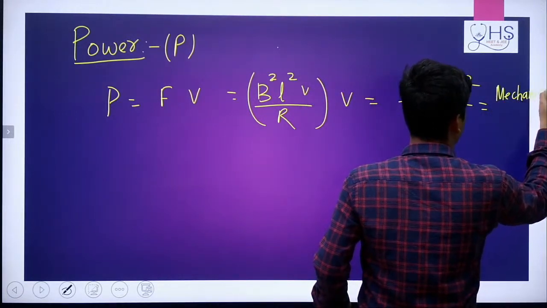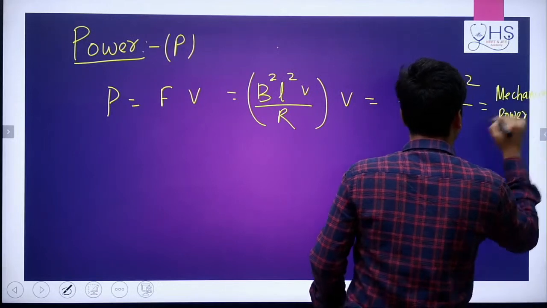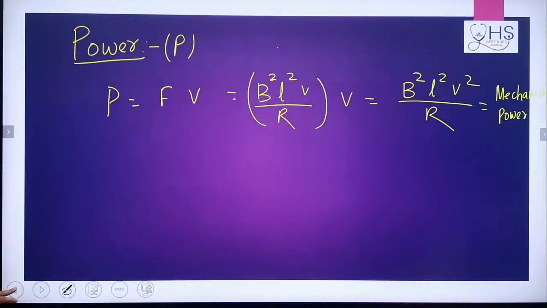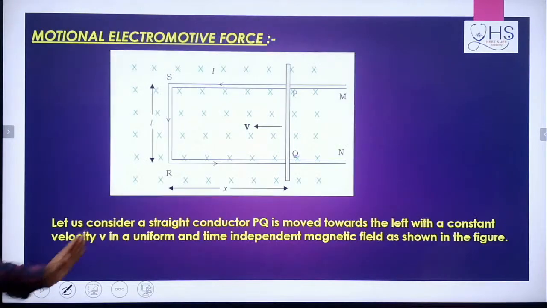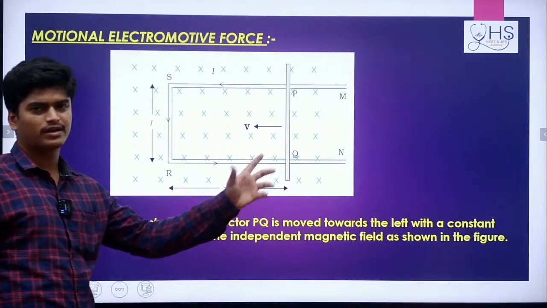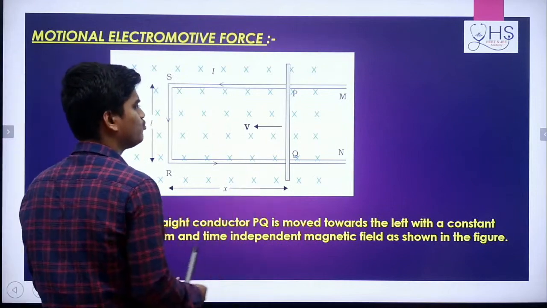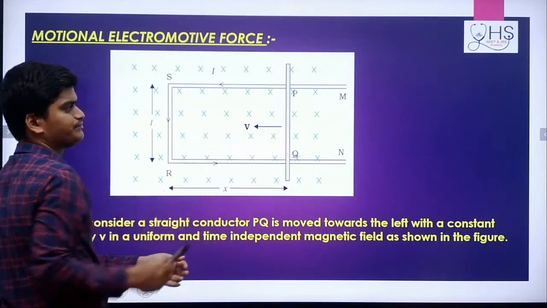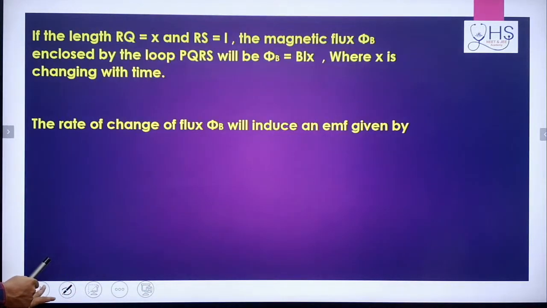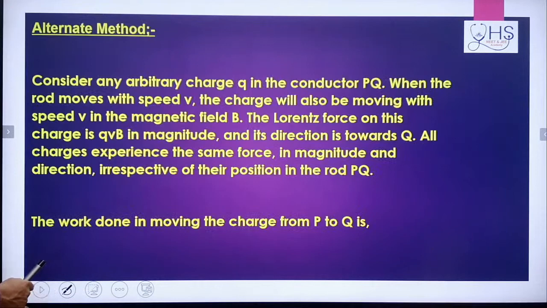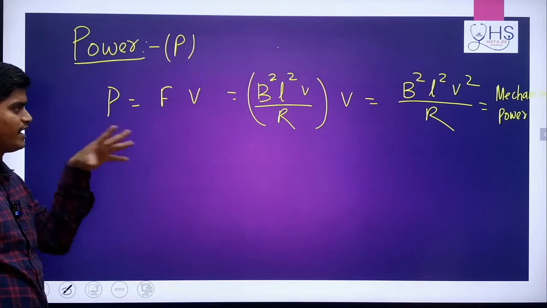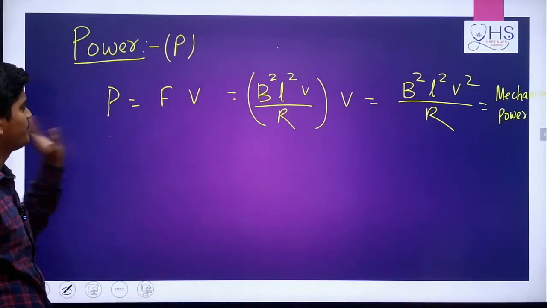Now this is your mechanical power. Why mechanical power? Because when you are moving this conductor in the uniform magnetic field, you have to do some work, because this conductor cannot move automatically. Suppose this is the conductor, then my hand can move this. Yes or no? So that means to move my conductor,